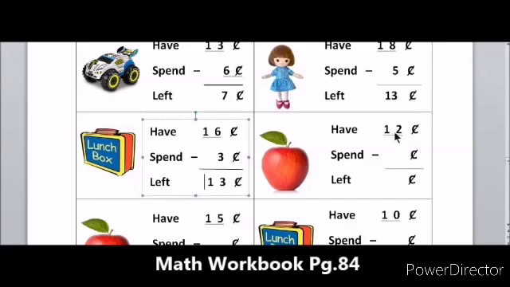See this, what is the cost of this apple? It is 2 cents and you have 12 cents already and the cost of the apple is 2 cents. You spend 2 cents. So, how much is left out? What you have minus what you spend. Money you already have minus money you spend is what is left with you. So, 12 minus 2 is 10. 2 minus 2 is 0. 1 you have to write down. So, 10 cents. What you have minus what you spend will give you what is left out with you. Reminder. Okay.